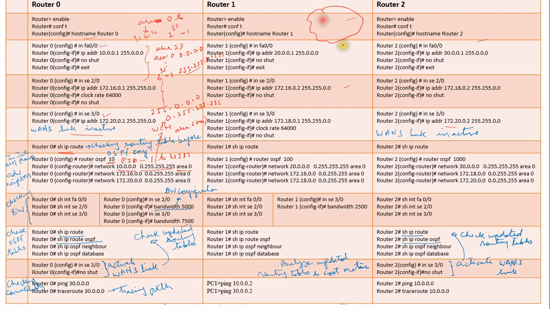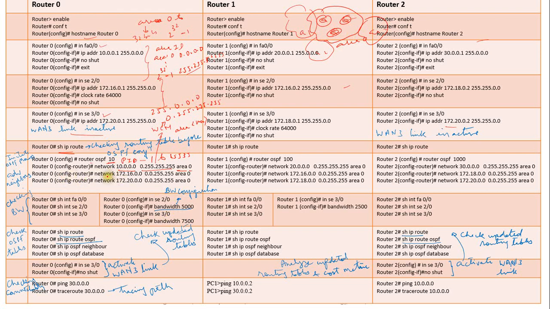Okay. Now here in this configuration we are going to configure area 0. Area 0 is always the backbone area for OSPF routers. This area 0 we are going to configure. A single area configuration will be observed in today's simulation. Area 0 is connected to all neighboring areas in OSPF. So all the areas which are there in the network are connected to area 0. The other areas may have the numbers area 1, area 2, area 3 and so on. All these areas should be connected with area 0.